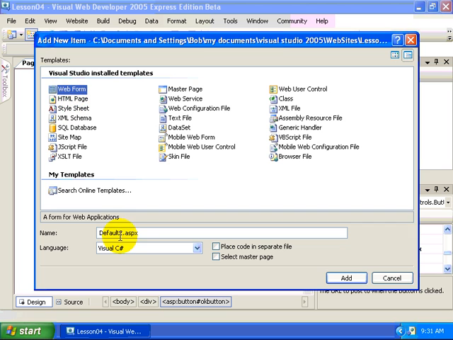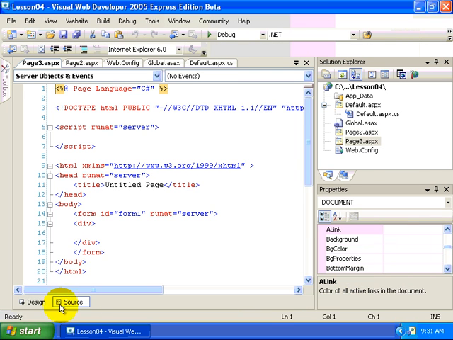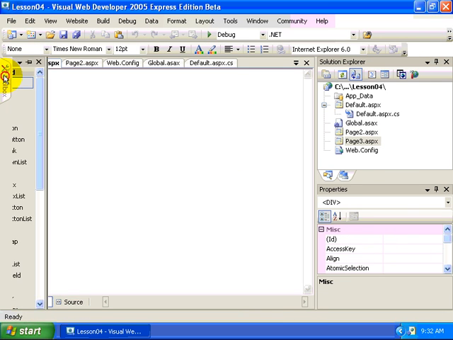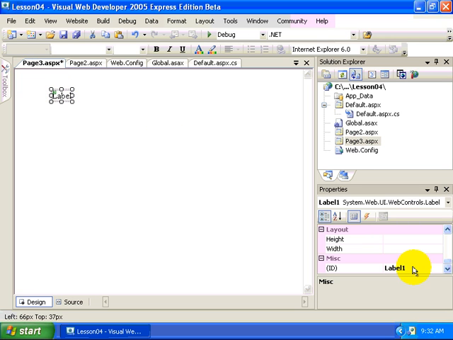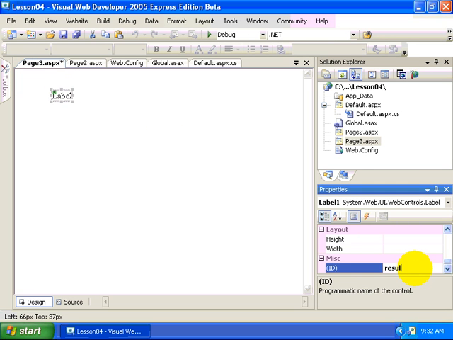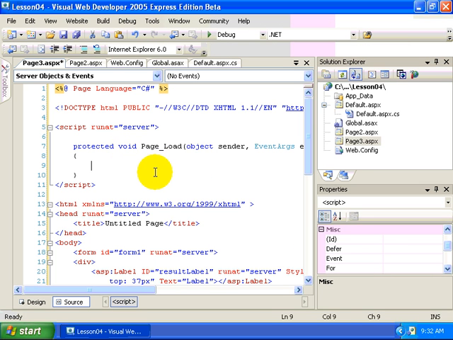So we'll click Add New Item, Web Form. We'll change this to page3.aspx. Click the Add button. And now here we'll add another label control. Call this Result Label. And then in the page load, what we'll do is this: result label.text equals